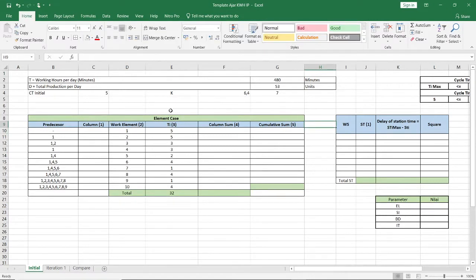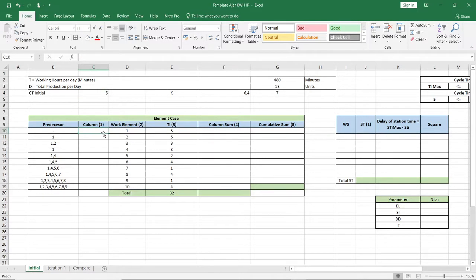And then after we know the total of the class or the workstation, we're going to make these work elements into groups. So how to do it? The first thing, we must know that the value of the TI cannot be more than the set initial. I will give you an example. Take a look at the first work element. The TI or the time is 5. 5 is equal to the set initial 5. So it's not more than 5 or lower than 5, but equal.